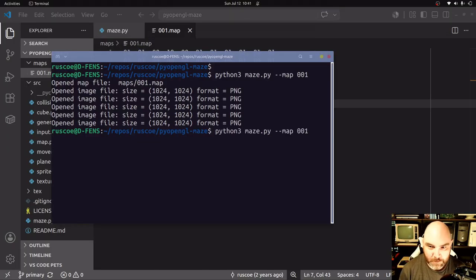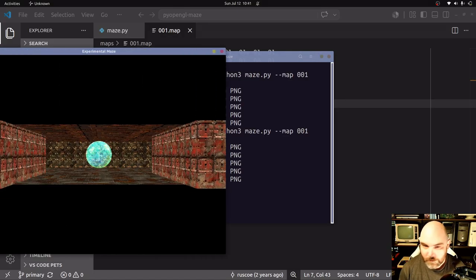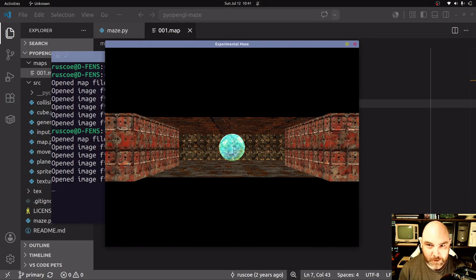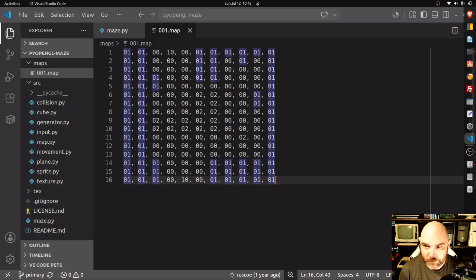So we're passing map as a parameter here. You'll see we start with the sprite and the walls here. This is right here. The player is where, well, you can't see my mouse cursor, but the player is where 1, 0 is right now, and we're going to walk through the maze